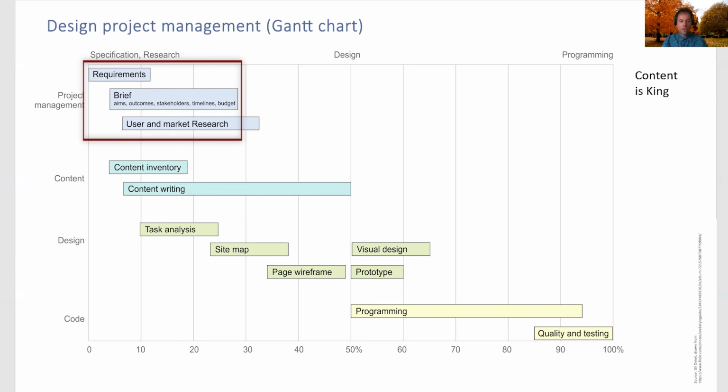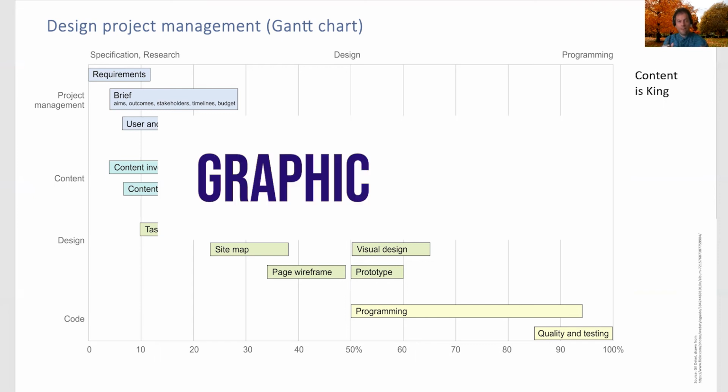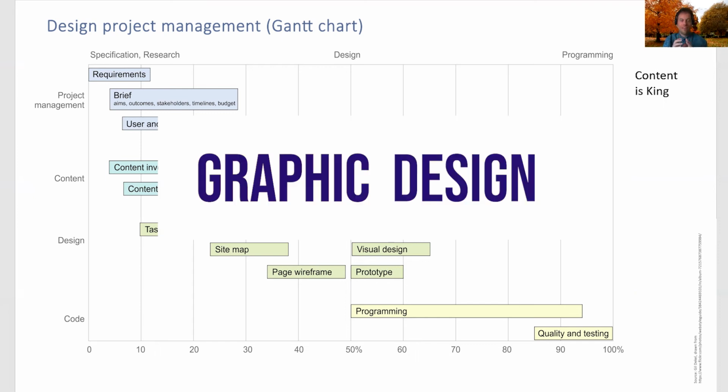First, you need to understand what is the requirement of the project. What do my users require? What is the schedule, the budget? Who makes the decisions? All of these things should be agreed before you go and develop your prototype, your wireframe, your visual designs. I always say that graphic design consists of two words, graphics and design. Graphic is the first word. Graphic means to write. Design is the visual.